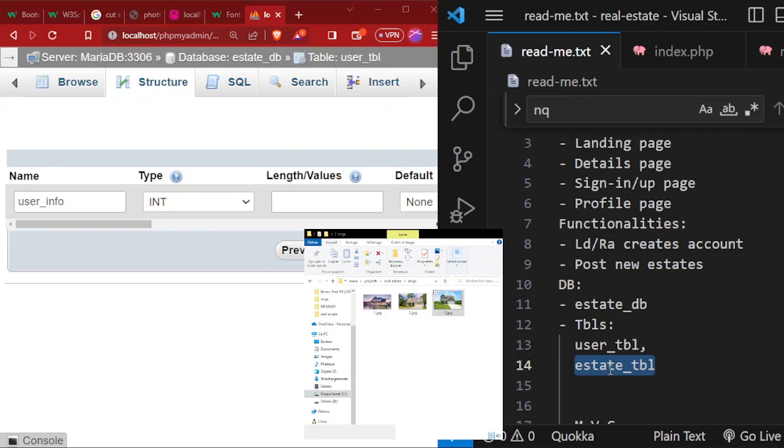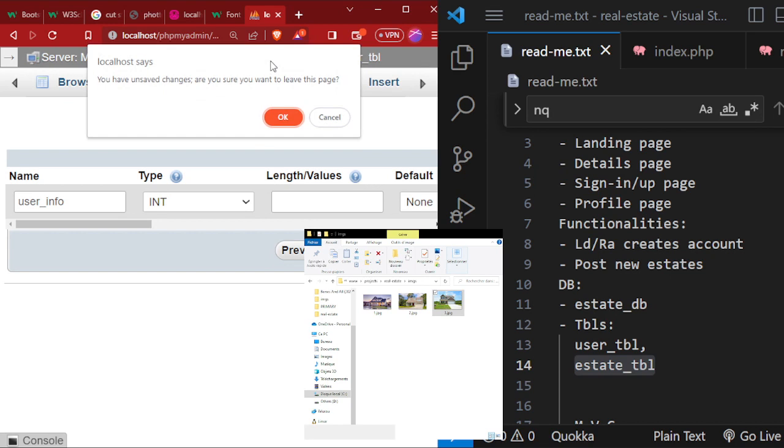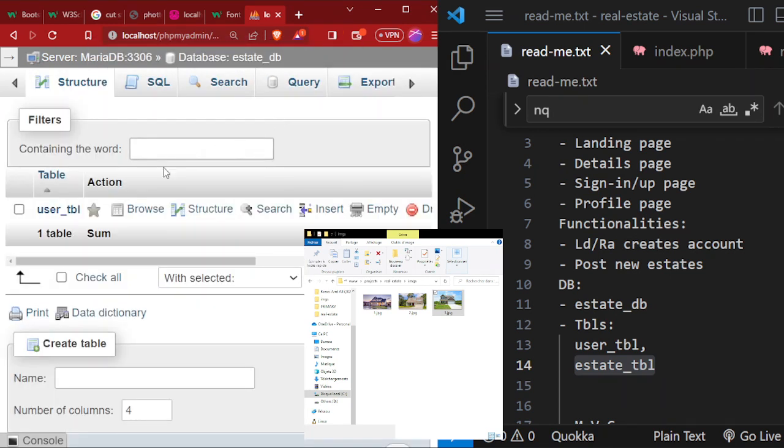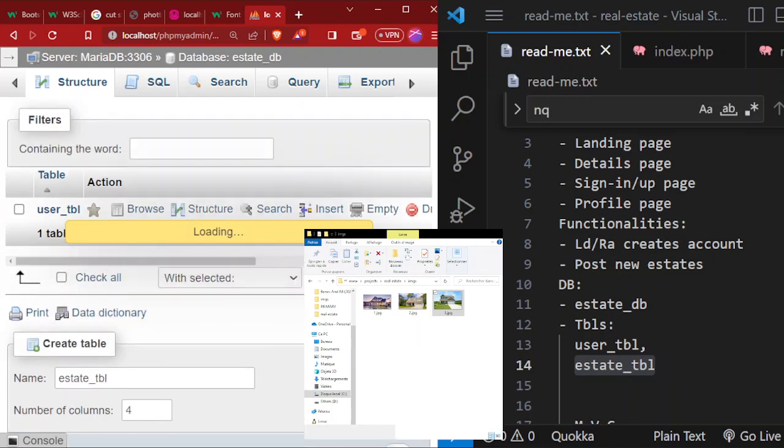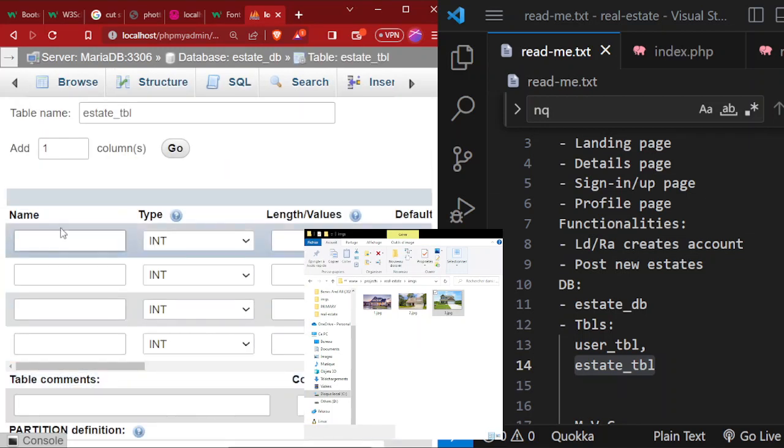Because we don't have a user. Anyhow, let's just create it for creating's sake. Let's create it and we'll use it, though this no longer fits in with what we agreed upon at the start. Estate table. We're going to have now estate. But this is a base case scenario. But based on what we agreed upon,